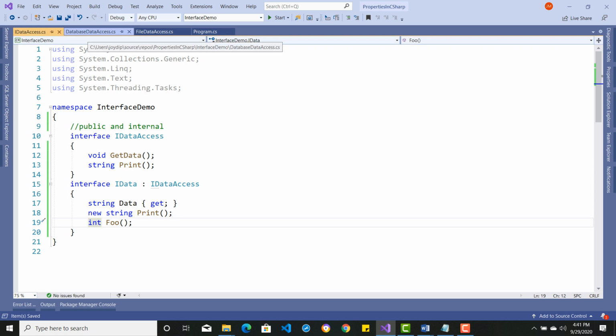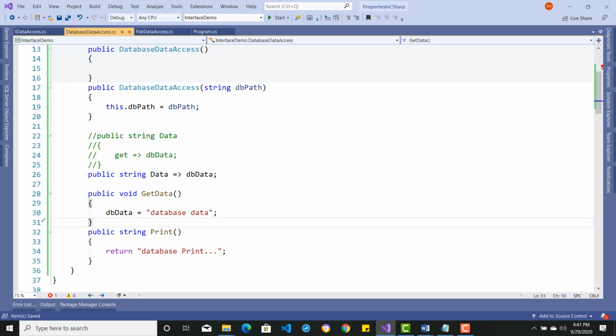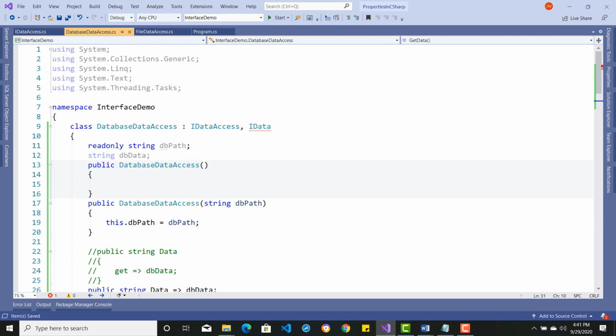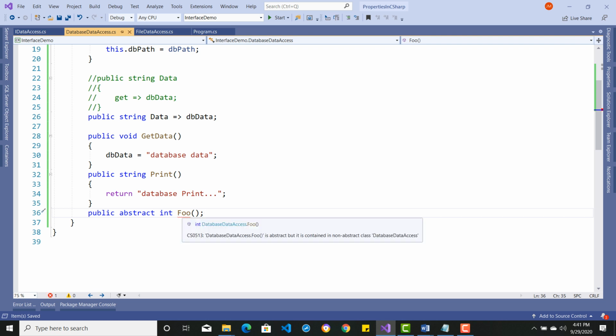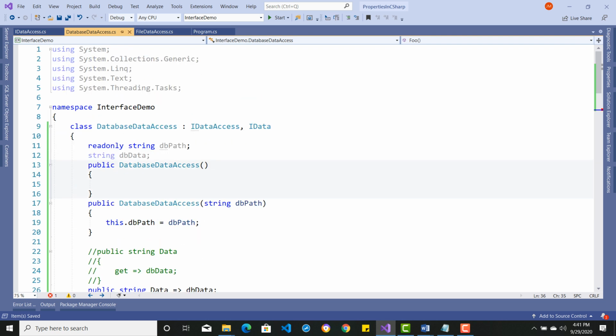Whatever it is, if this is the functionality and you have decided not to implement it, then at least you are going to have to write this method: public abstract int foo. The reason for this is, don't implement it, we don't mind. But in that case, you have to make this class an abstract class. Okay, maybe I'll do it in a separate place. Say, for example,